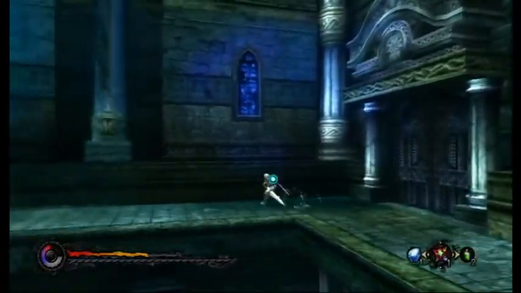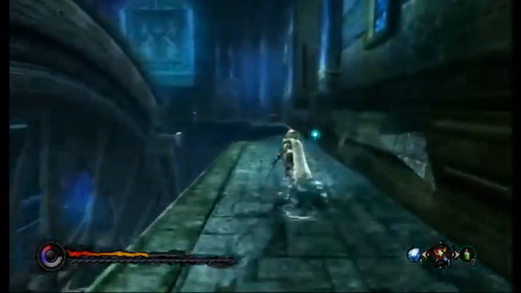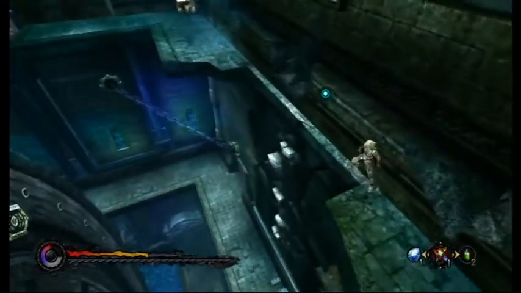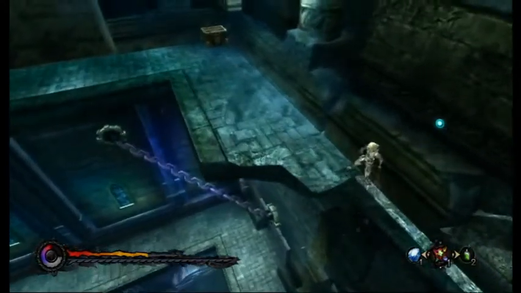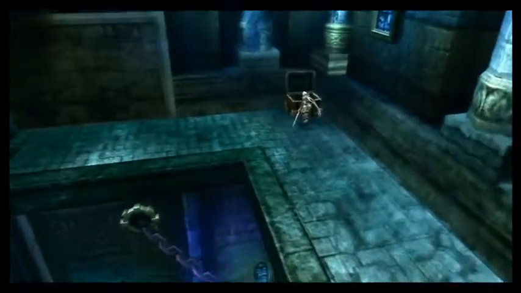See, the camera is generally pretty good, except in some points where it turns around and it really turns you around, because you're pushing in one direction on the stick and suddenly you have to push in the other one to keep going in the direction that you want. It's pretty weird. Anyway, we opened this treasure chest to find...